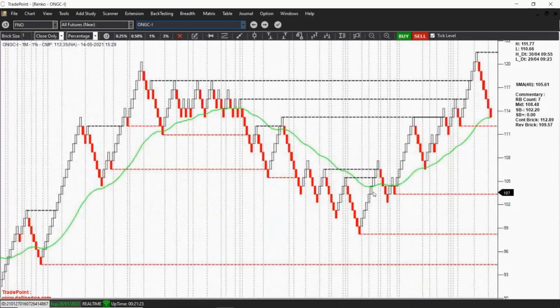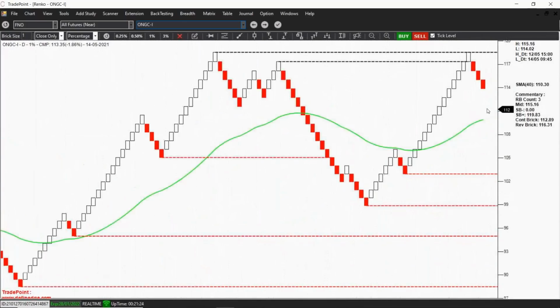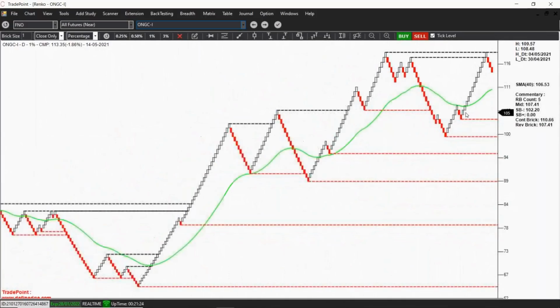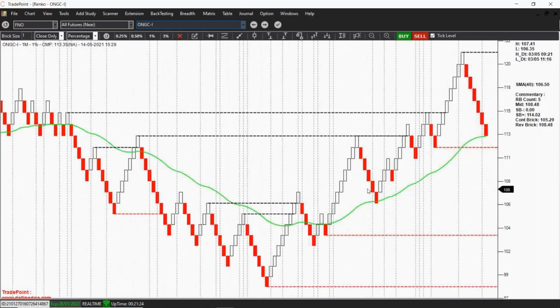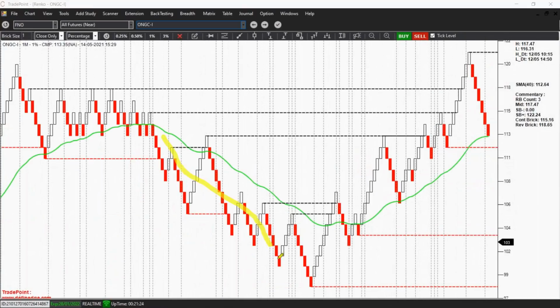ONGC, the CPSC, PSC sectors are doing good overall. If you see daily chart, it is overall a kind of interesting uptrend, though there was a significant fall, but price again retested previous level. If you see lower time frame chart, this is an important horizontal breakout, right? So this is important breakout,